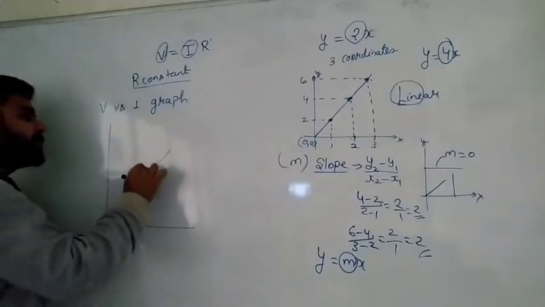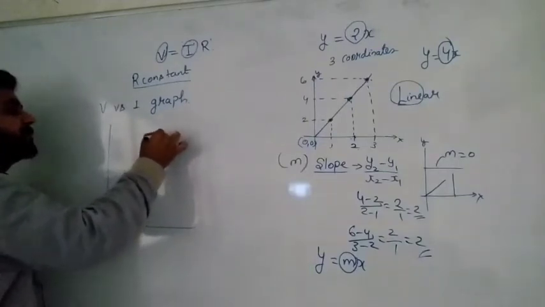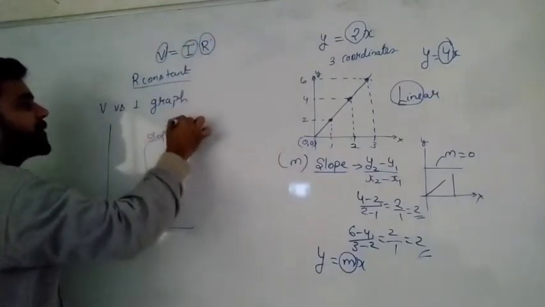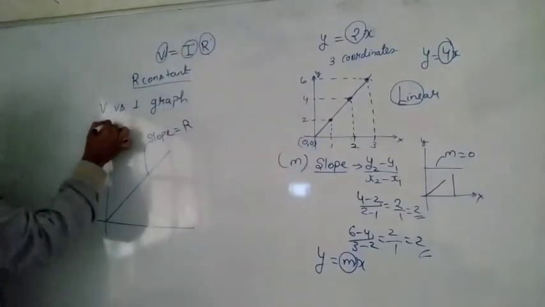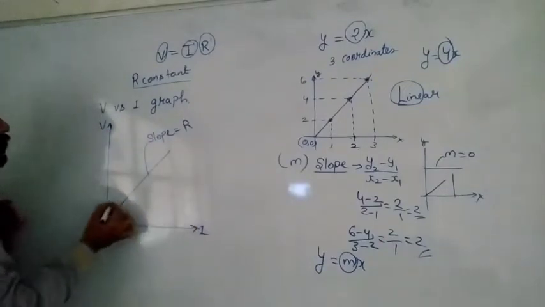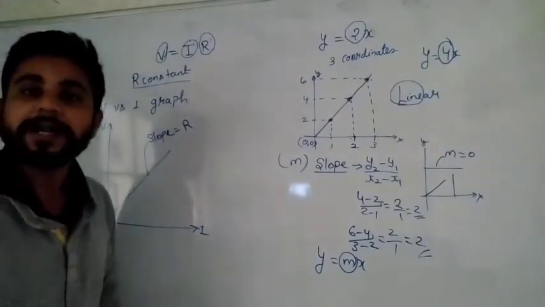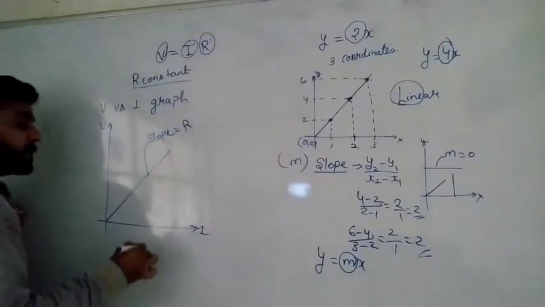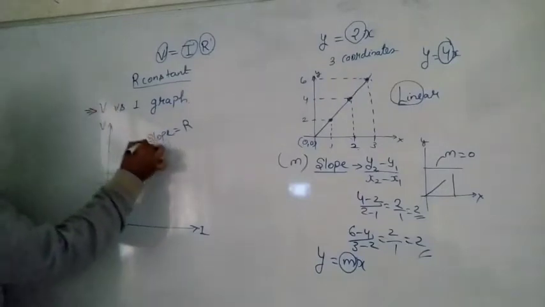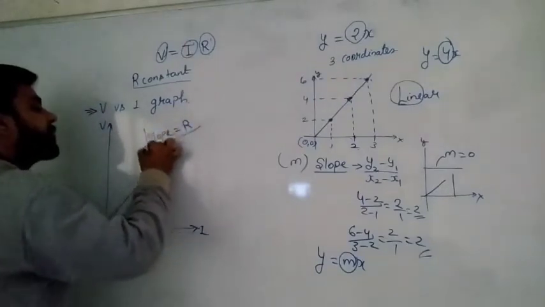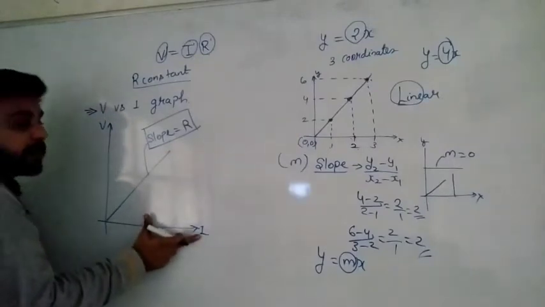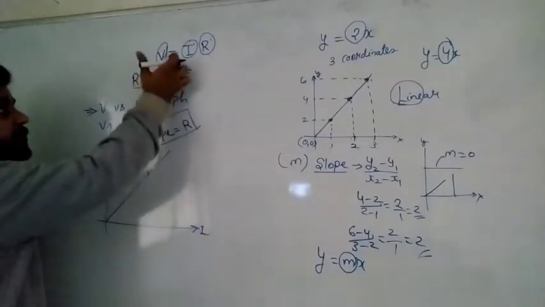And what is the slope of this graph now? Sir, the constant here, R. So slope is equal to R. When V is here and I is here, in the V versus I graph, the slope will give us the value of resistance R. So always remember the V versus I graph very, very well. The calculation of slope will give us resistance when you plot the graph V versus I. You can also look at this equation very well.